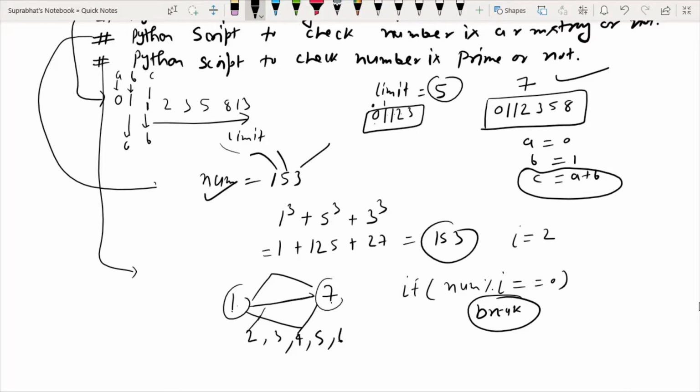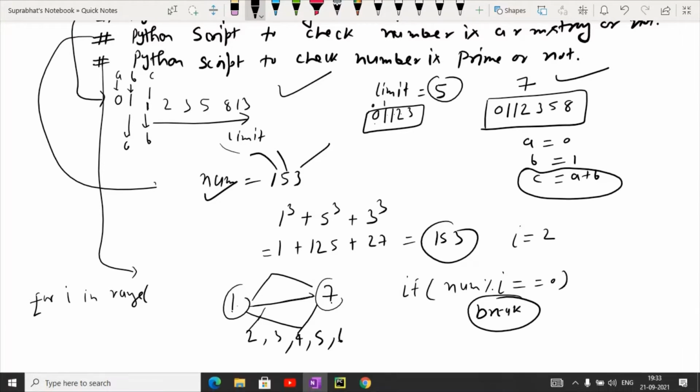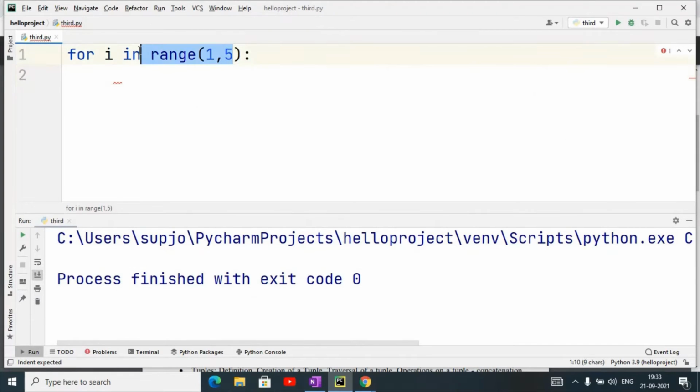In the for loop you will write like this: for i in, suppose you use range. So I had better make this program for you, and the next programs you have to make yourself. I'm writing the code in PyCharm so that you will understand.